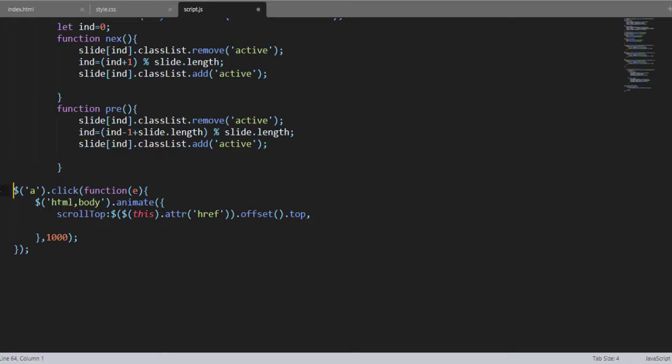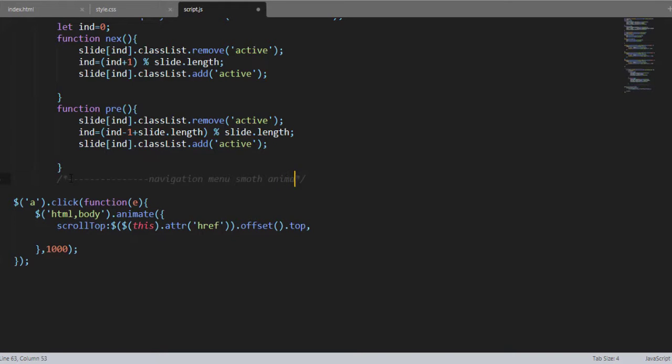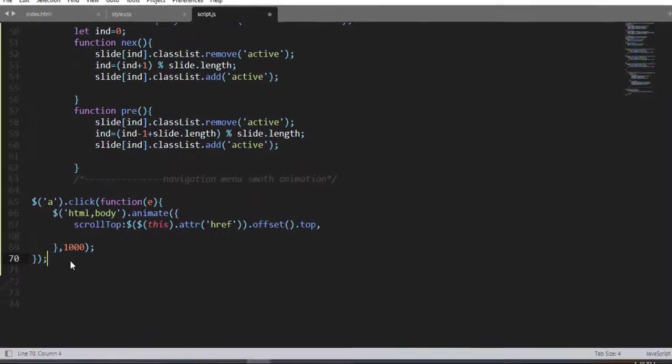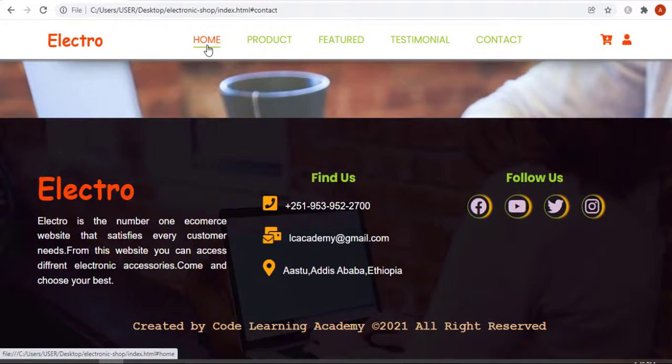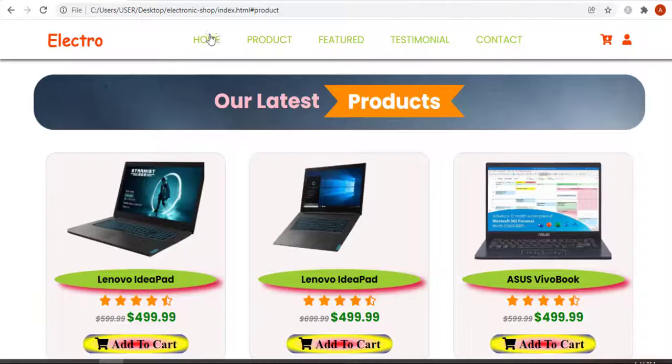Okay, and then now let me add a smooth animation on the navigation menu right here. So here we have the JavaScript code right here, and here we have the scrolling effect right here. So here we have it, right? So now save and refresh, you see,